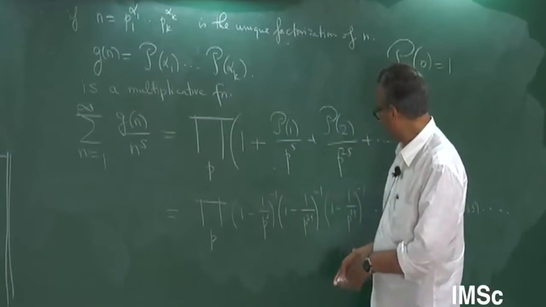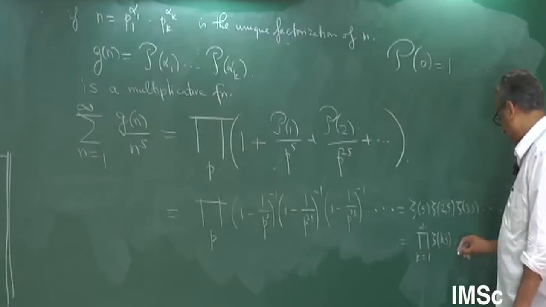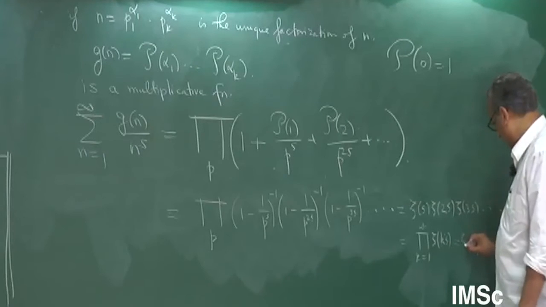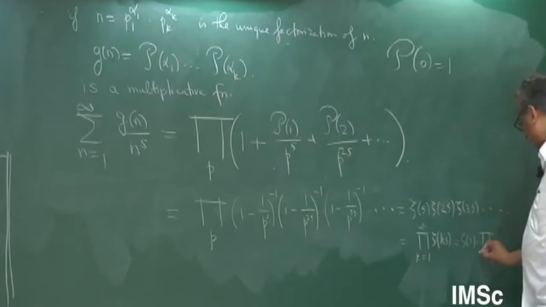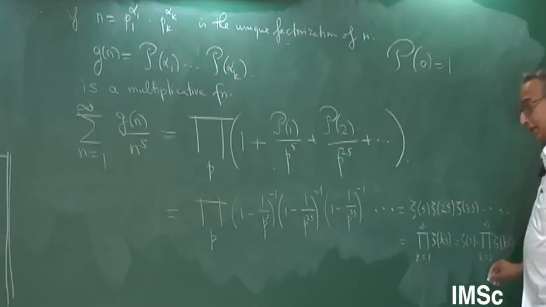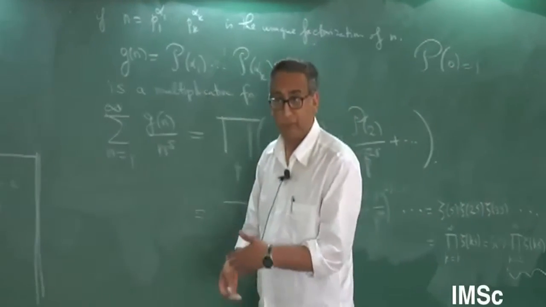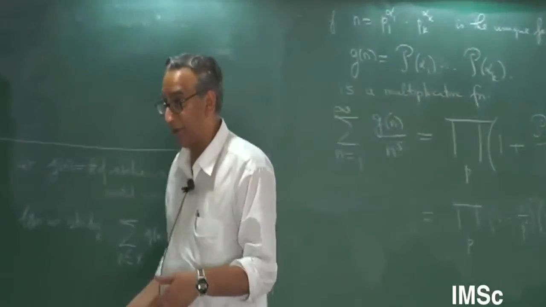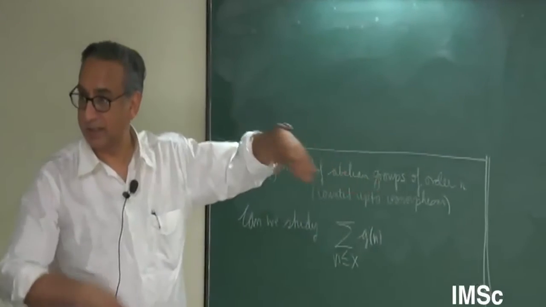So, I've already continued this silly thing. It's just a bit of calculation that you have to do. So let me write this as zeta of s times this product from k equals 2 to infinity of zeta of ks. I'll leave it to you to check that this is an analytic function for real part s bigger than a half, actually. Okay, so there's no problem, because the only problem is zeta of 2s, and it's already analytic for